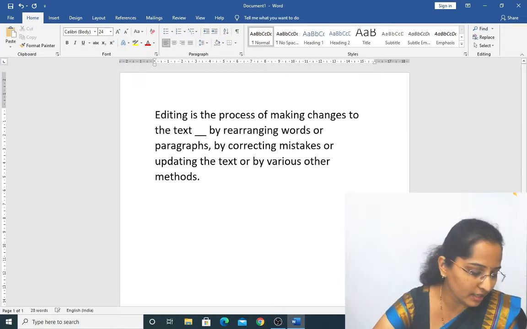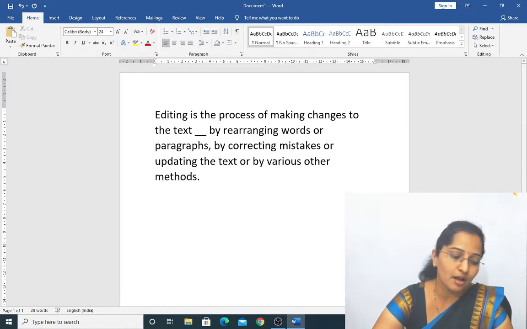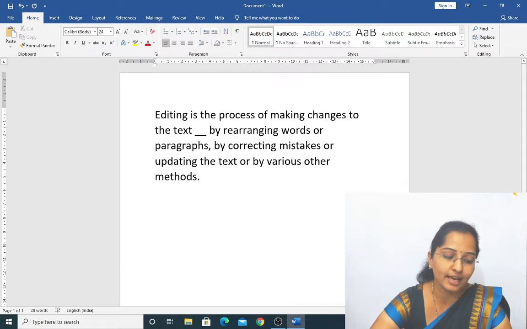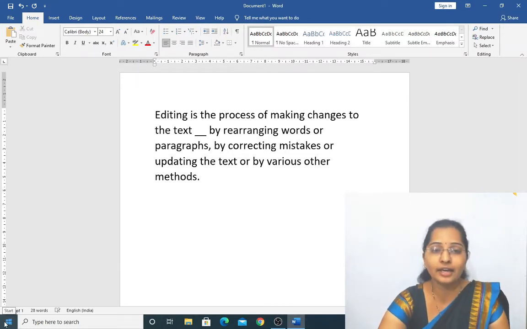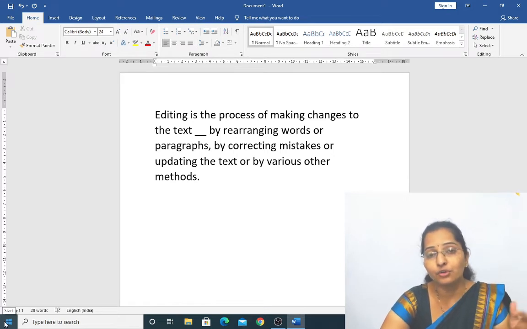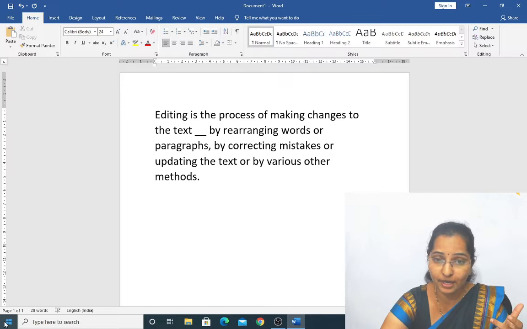There they have given table 6.1, mouse action to select text. Before going to show how to select, we have two methods to select text in MS Word. One by mouse, another by using keyboard keys.